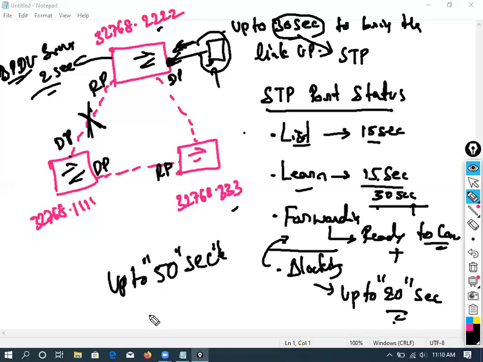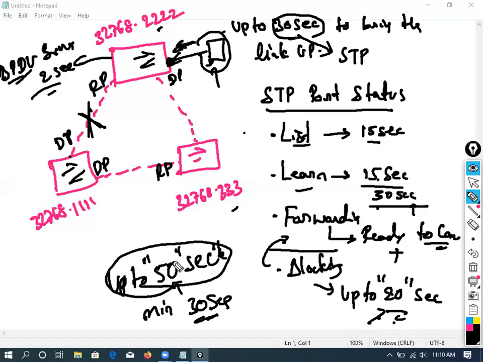So what is the minimum here? Minimum it takes 30 seconds, and up to 50 seconds. Because 15 seconds will listen, 15 seconds will learn, then it may take up to 20 seconds to bring the blocked port back to the forwarding state. Clearly understand? Overall, it's going to take 50 seconds. Till that 50 seconds, your network is in outage, which means none of the devices will be able to communicate.